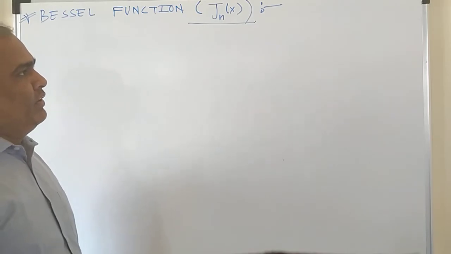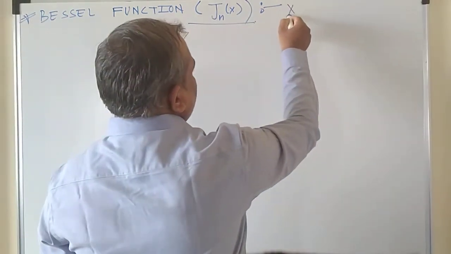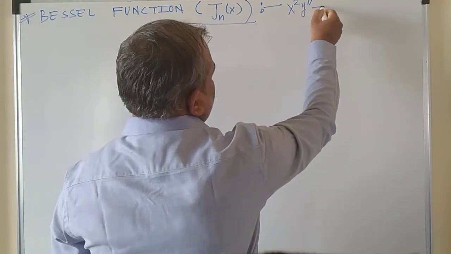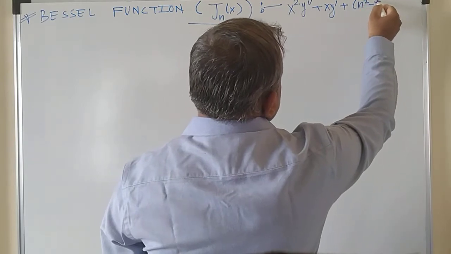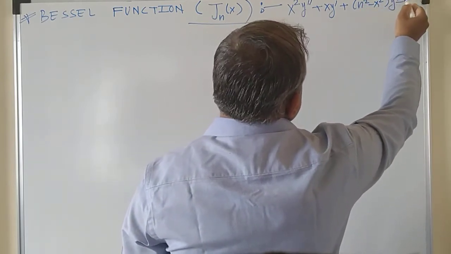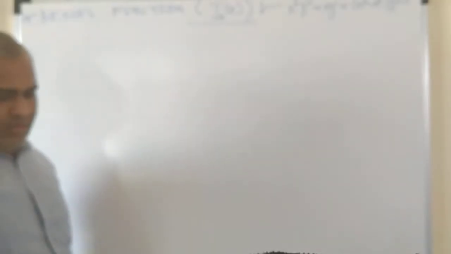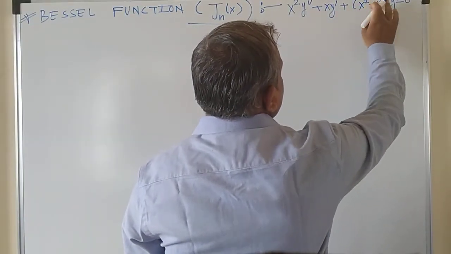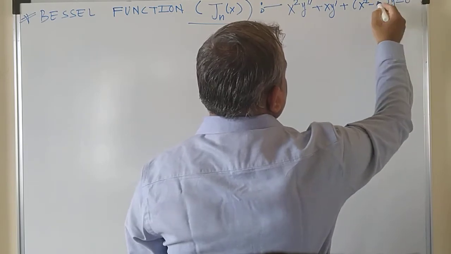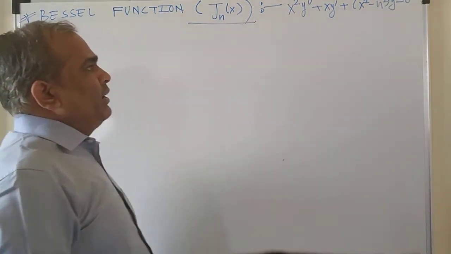So the Bessel differential equation is x square y double dash plus xy dash plus x square minus n square into y is equals to 0. So this is the Bessel differential equation, and the general solution